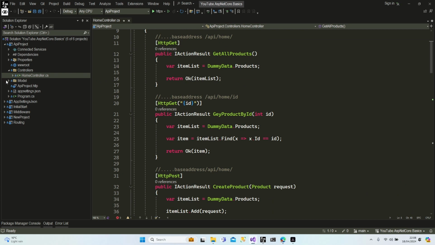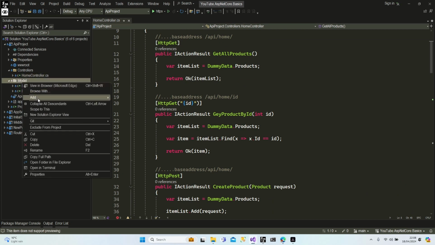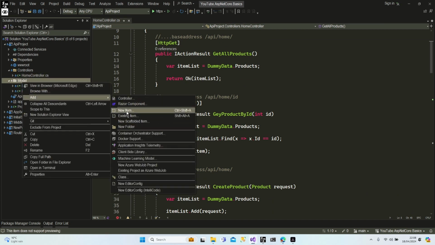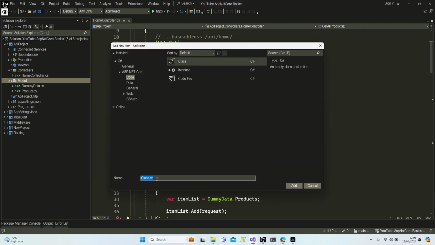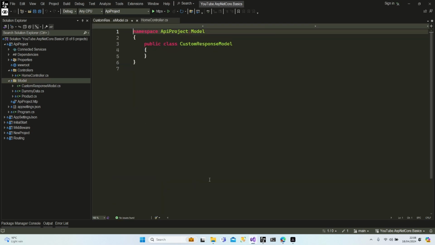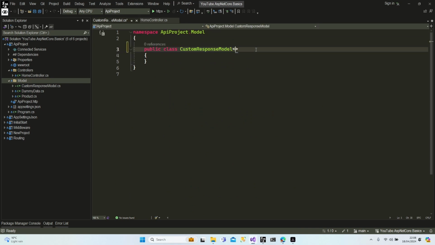Alright, to do that, I'm going to create a model first, okay? And it is going to contain my response model. Let's say custom response model. This is going to be a generic class,